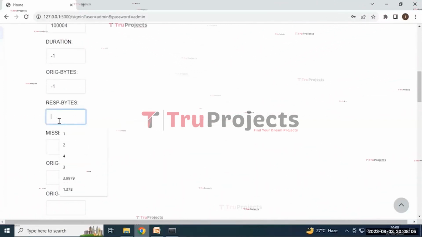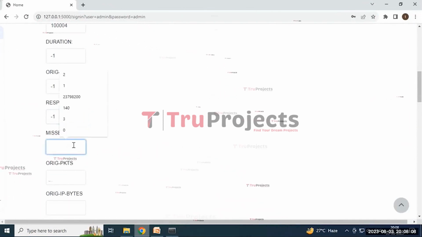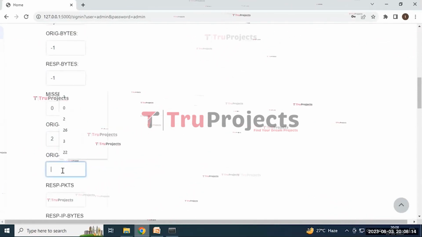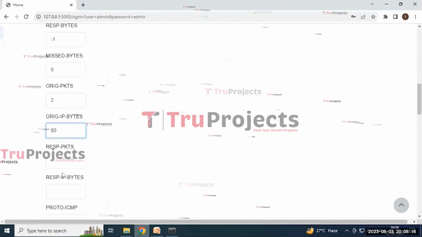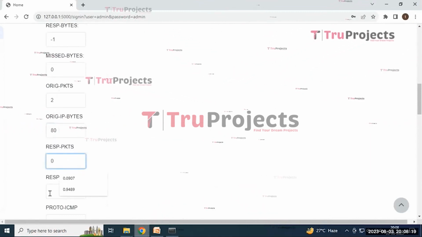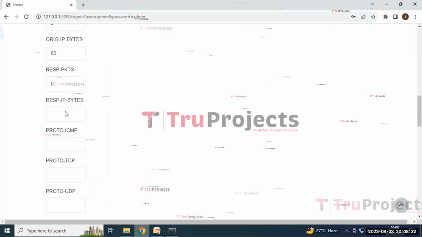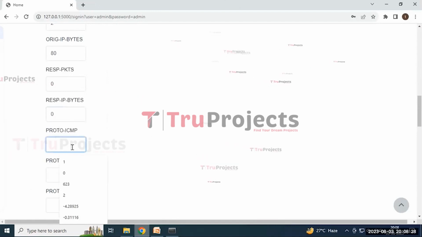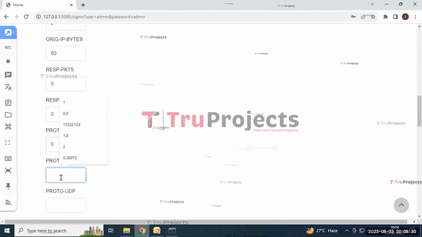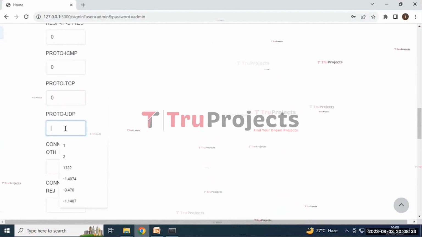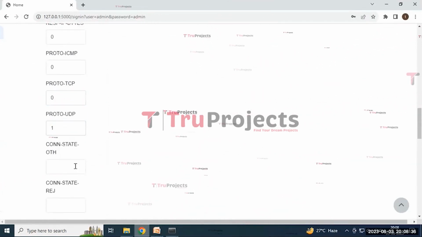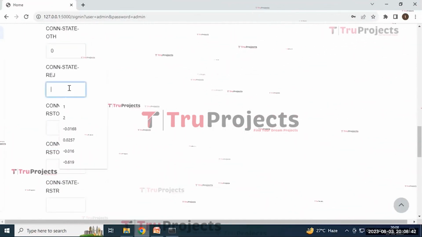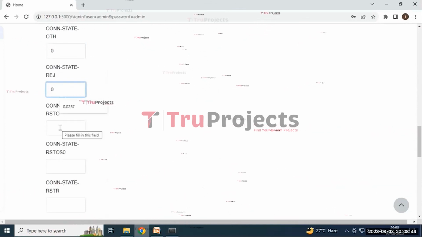and the response bytes is -1, and the missed bytes is 0, and the original packets is 2, and the original IP bytes is 80, and the response packets is 0, and the response IP bytes is 0, and the proto ICMP is 0, and the proto TCP is 0, and the proto UDP is 1, and the conn state OTH is 0, and REJ is 0, and RSTO is